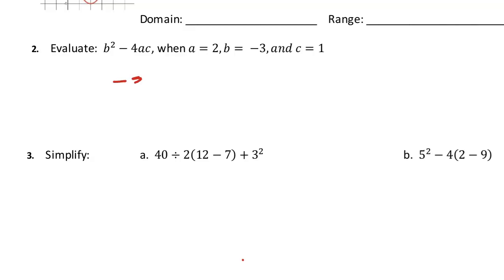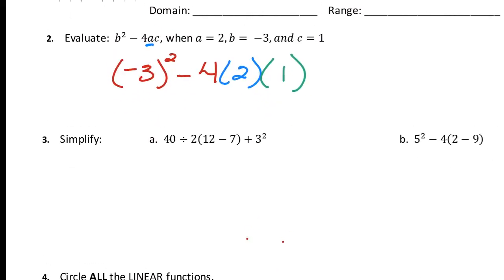Negative 3 squared. And remember, when you have a negative and you have to square it, we really want it to be in parentheses, okay? Minus 4 times a, and that is being multiplied, and a is equal to 2, and c is equal to 1. All right, so if I follow order of operations, if I follow PEMDAS,